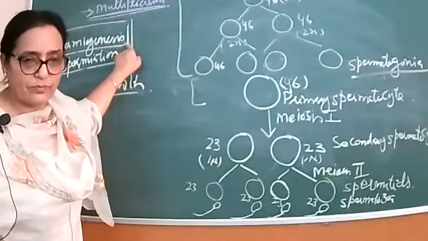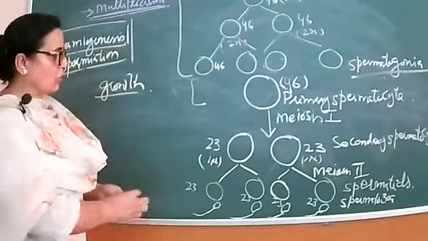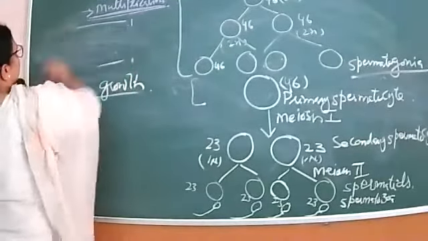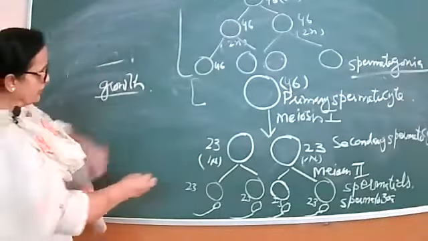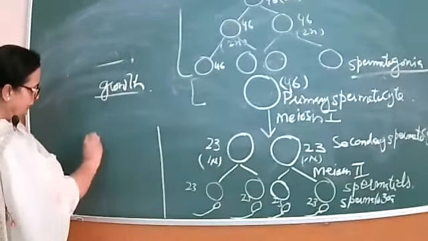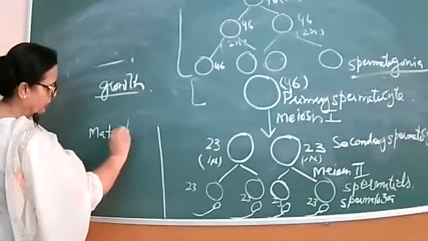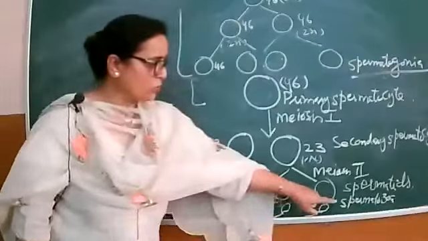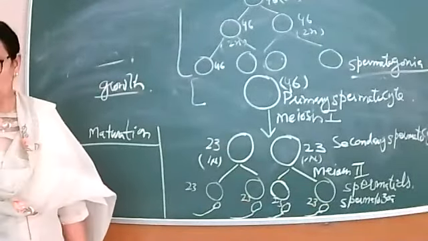Any doubt? No, ma'am. Okay, right. So now the next process, oogenesis. Sorry, beta, two processes, and the third is this one where the meiosis has taken place. This is the third basic event, that is maturation, right? The cells mature and turn into spermatozoa by maturation. The third event of spermatogenesis.